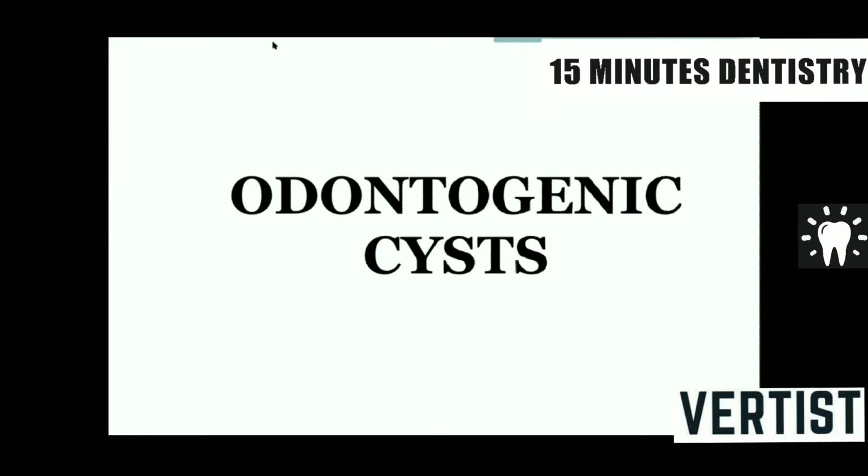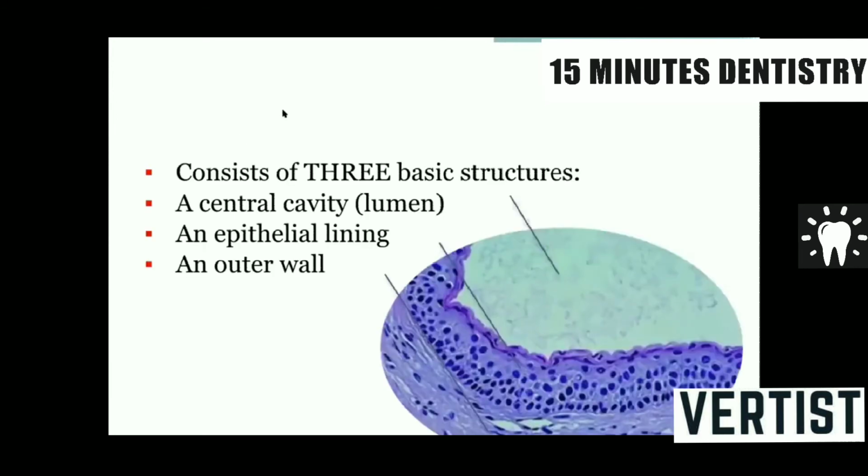Aneurysmal bone cyst is a pseudocyst, mucocele is a pseudocyst, extravasation type, that madam has already discussed. So we are going to see only true cysts today, and that too a few of them. Now the classification of odontogenic cyst, which is given in Schaeffer, you must write, because a question is always asked: define cyst, 2 marks; classify cyst, maybe for 3 marks; or classify odontogenic cyst and then discuss one of these cysts. So classification is very important.